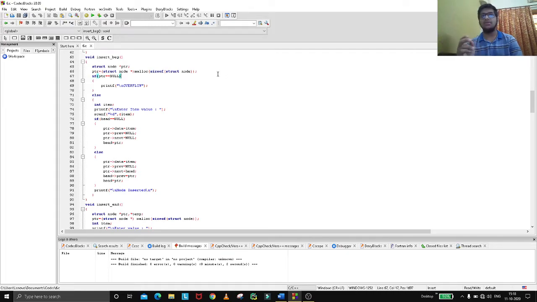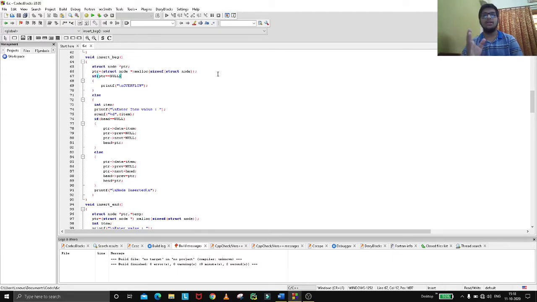Otherwise, we again give ptr of data equal to item, and give ptr of prev equal to null, and ptr of next equal to head. Then assign head's prev equal to ptr, and again give head equal to ptr.